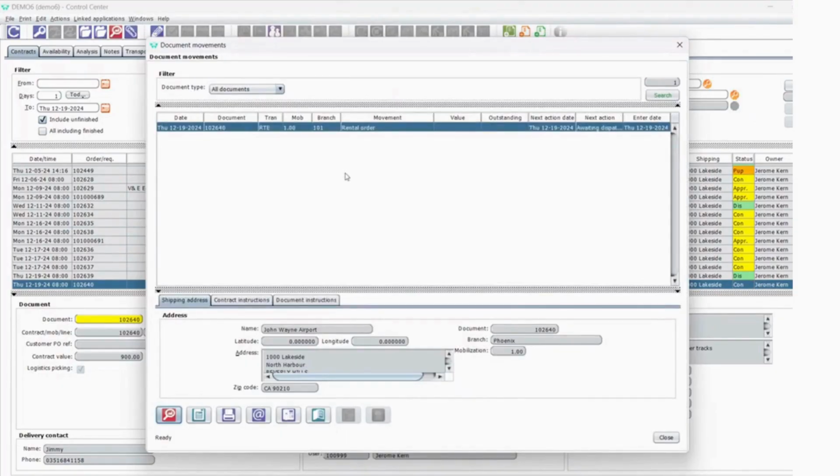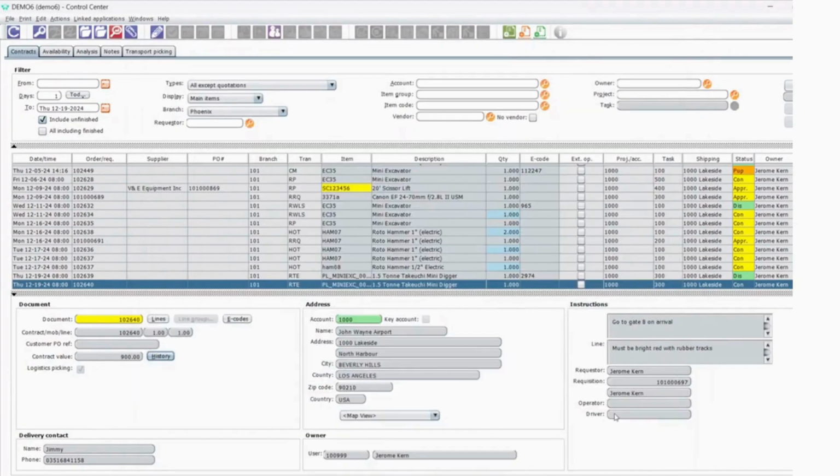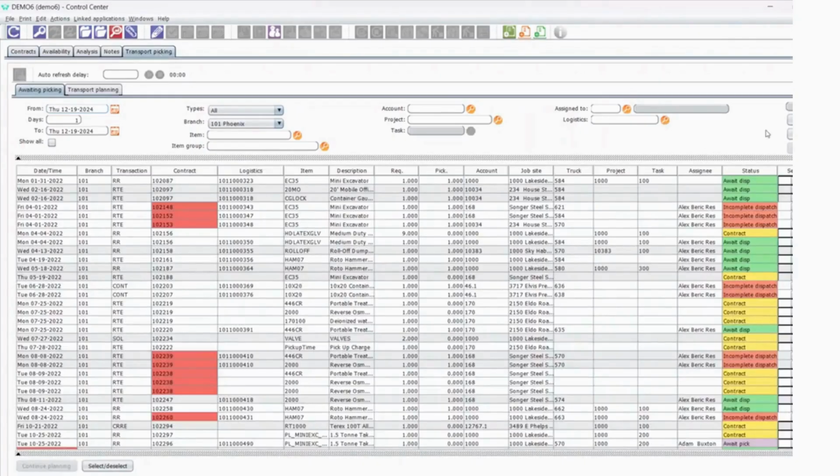So this is now a rental contract. When I dispatch it, there'll be a dispatch. When I invoice it, there'll be an invoice, and you'll start to build up the history of the asset. So next stage, because I selected the transaction for logistics, I need to send someone out